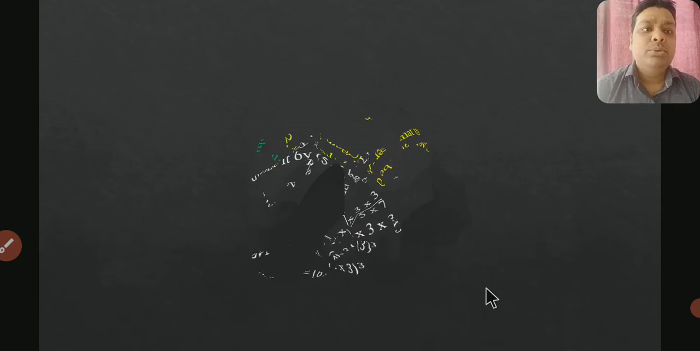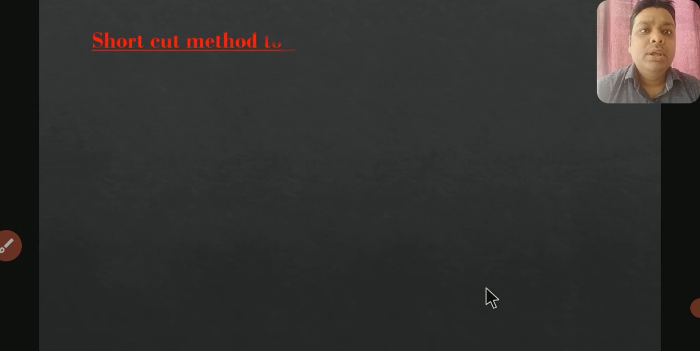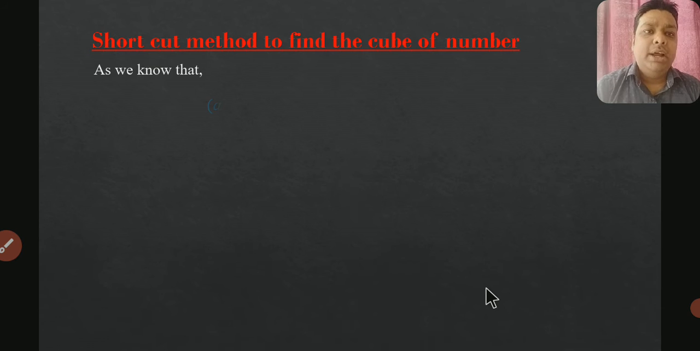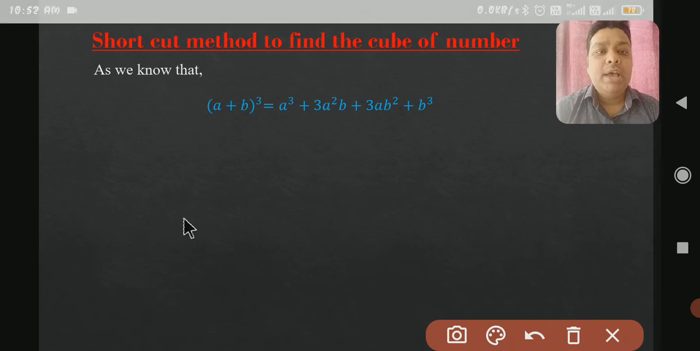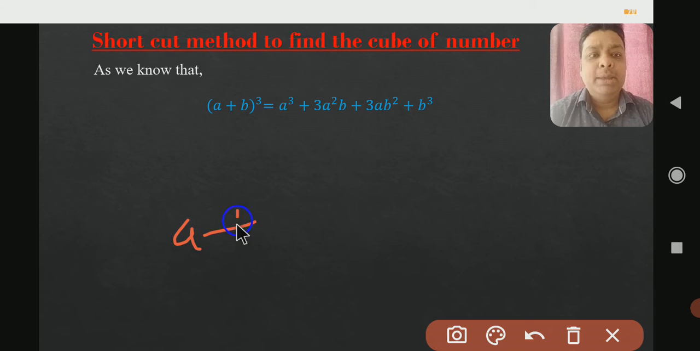So now let's move to the next topic: shortcut method to find the cube of a number. As we know, (a plus b) to the whole cube is another formula. In square and square roots we applied the formula (a plus b) to the whole square